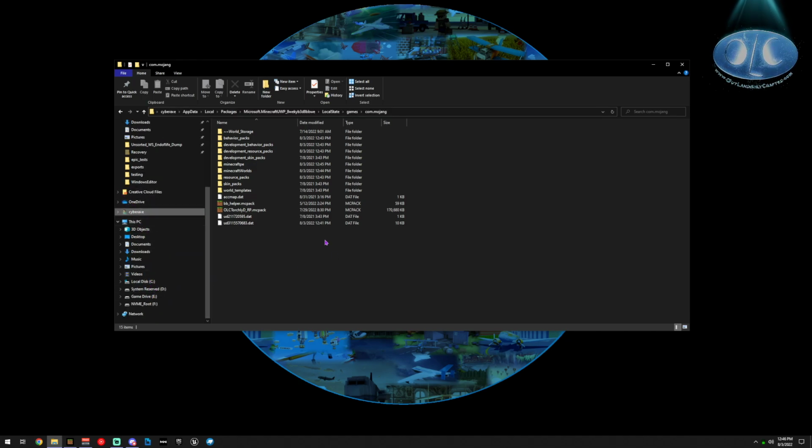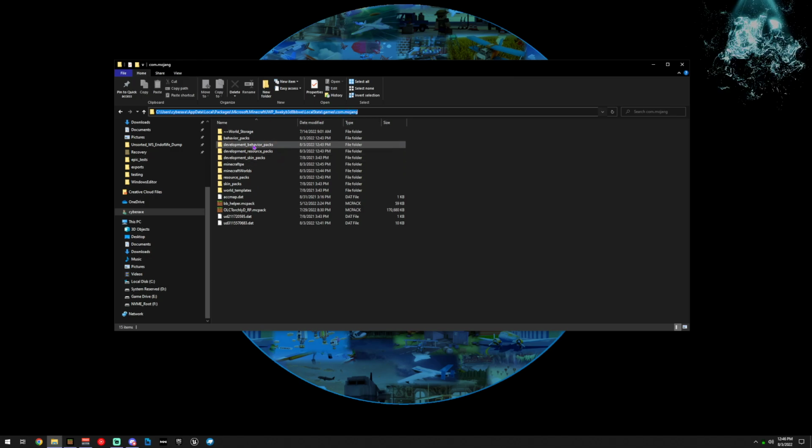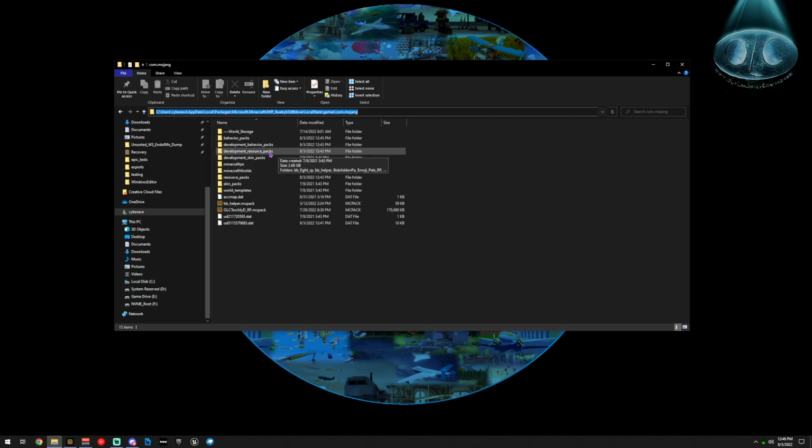So you go to C, and then you go to users and your username. I'm CyberX, so it'd be your username. And it might be user, it could be a whole bunch of things, administrator maybe, and then app data, then local, packages, and you just keep going through each of these until you find all the way to this com.mojang, and then that's where you find the development pack for the behavior and the resource pack.